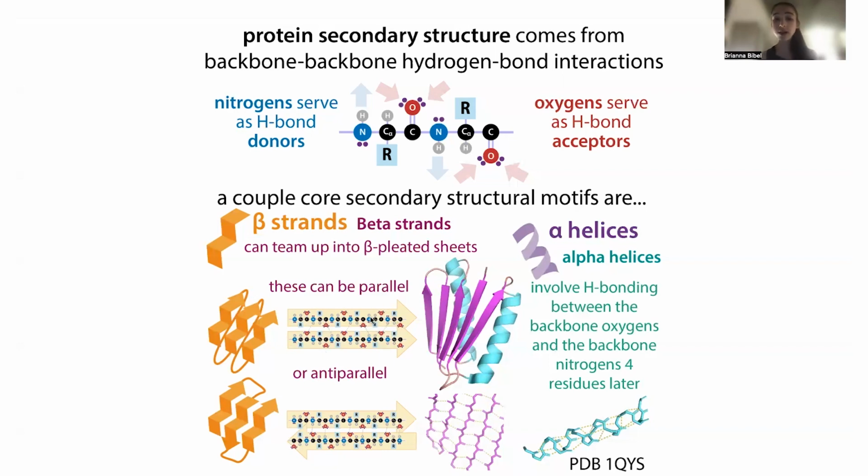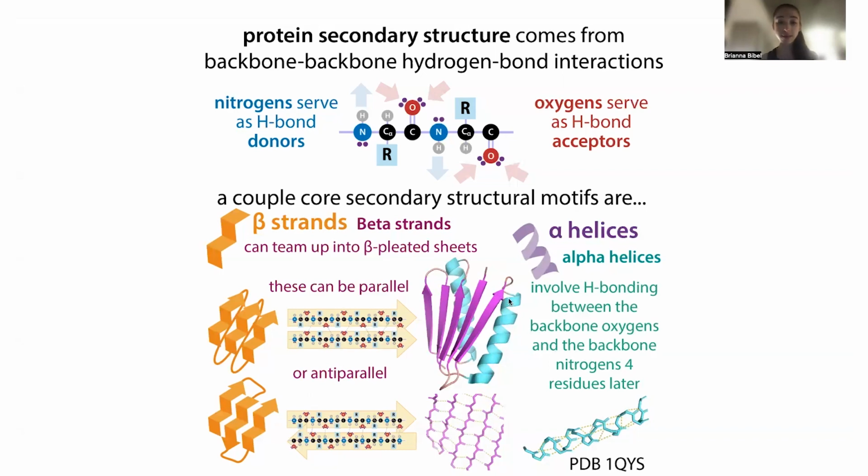These can be parallel, where the strands are running in the same direction, or anti-parallel, where they're running in opposite directions. And so these are the core secondary structural motifs, and they have common representations where we'll see them as flat arrows for the strands,